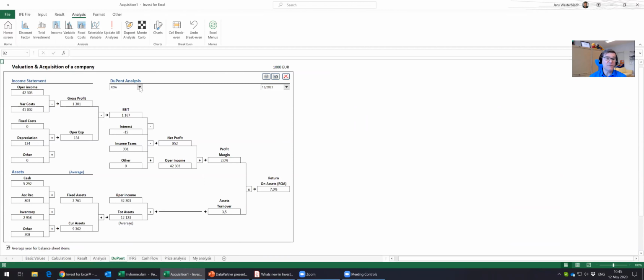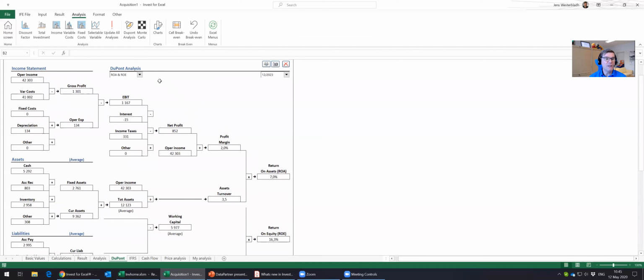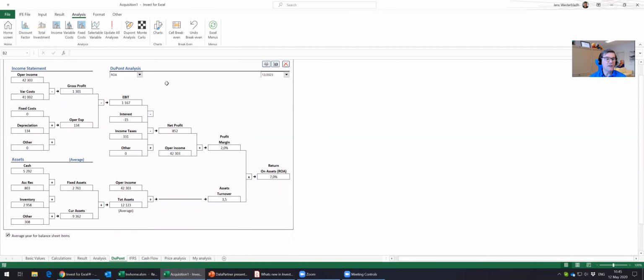And so you choose here, if I choose ROA and ROE, return on assets and return on equity, then it shows the longer version that calculates both. But now let's start with the shorter version and look at how it is calculated. Basically, return on assets is profit margin multiplied by assets turnover. But how do you calculate profit margin? You start with